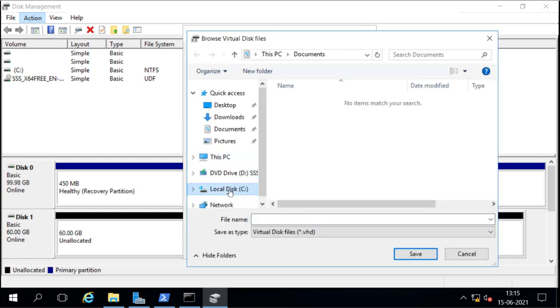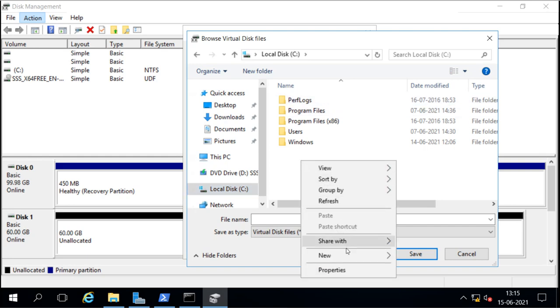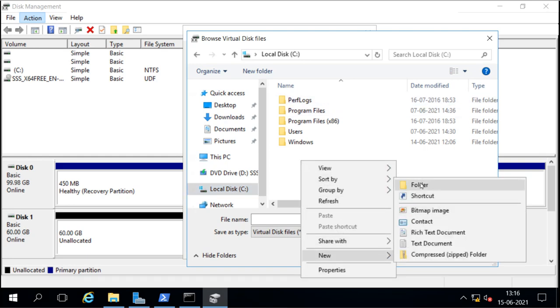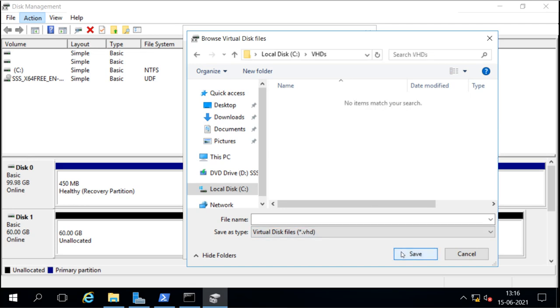I have this C drive. So under the C drive I will create one folder for that. This will be my VHDs. So under this I'm going to create a disk, and it is asking me for the name, what name you want to create. So let's say the name of this will be